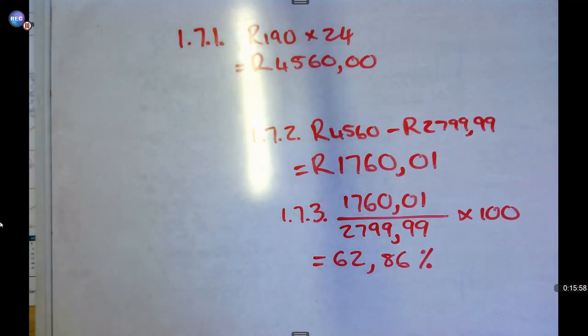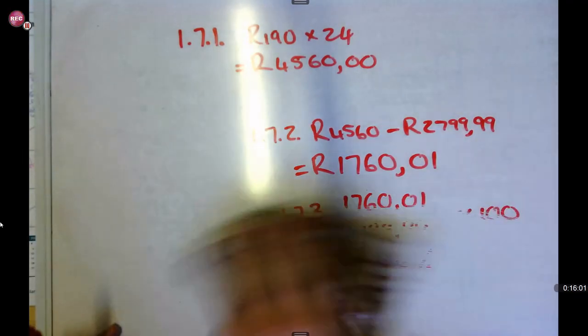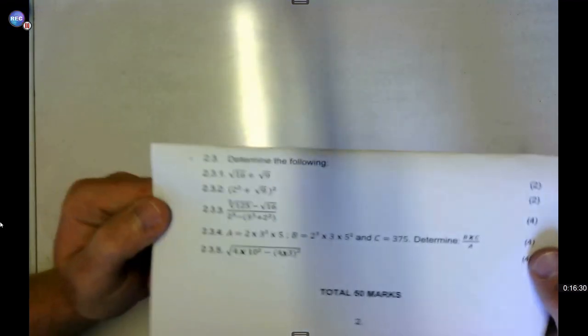Okay. So our next questions for the test will look as follows. We will have a look at a bit of integer questions at this stage now. So here are a couple of integer questions that we will ask. Please note that we will ask different questions, but they will be in the same type of format as these questions are in this case. Okay, so let's look at the first one. So the first question is the square root of 16 plus the square root of 9.